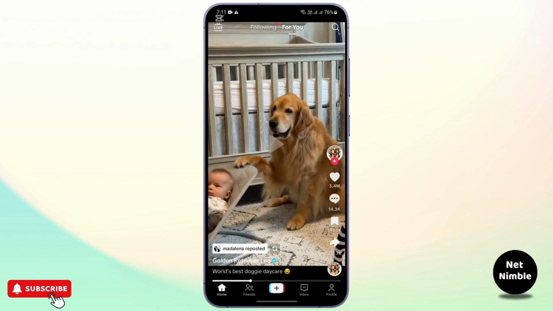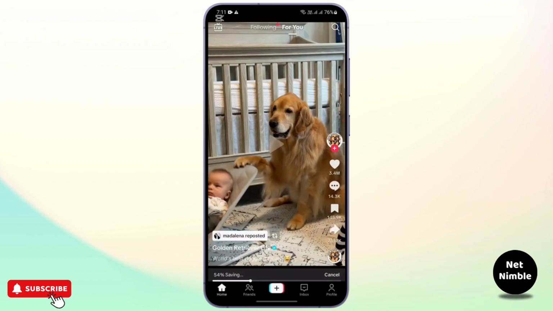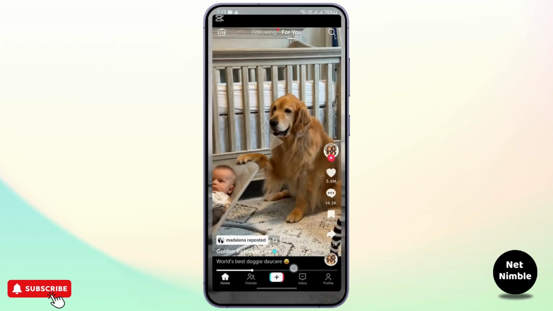So one of the easiest methods you can apply is to send the video without the link. You can directly save it into your phone. For that, find the video that you want to save and tap on the share button. Once tapped on it, you'll be finding a save video option. Go ahead and click on it, and once this video will be downloaded, you can go ahead and open up